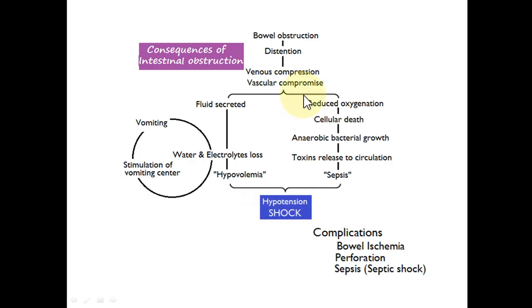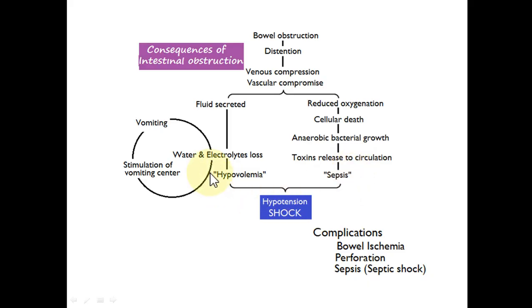On the other hand, the vascular compromise will deprive the intestinal cells of oxygen, and ischemic changes will occur, and ischemia will lead to death of the epithelial cells, and the anaerobic bacteria which are present, in the absence of oxygen, because they are anaerobic, will grow and release toxins into the circulation, and this type of infection or sepsis may lead to septic shock. So in severe and untreated cases, the shock may occur due to hypovolemia and also due to